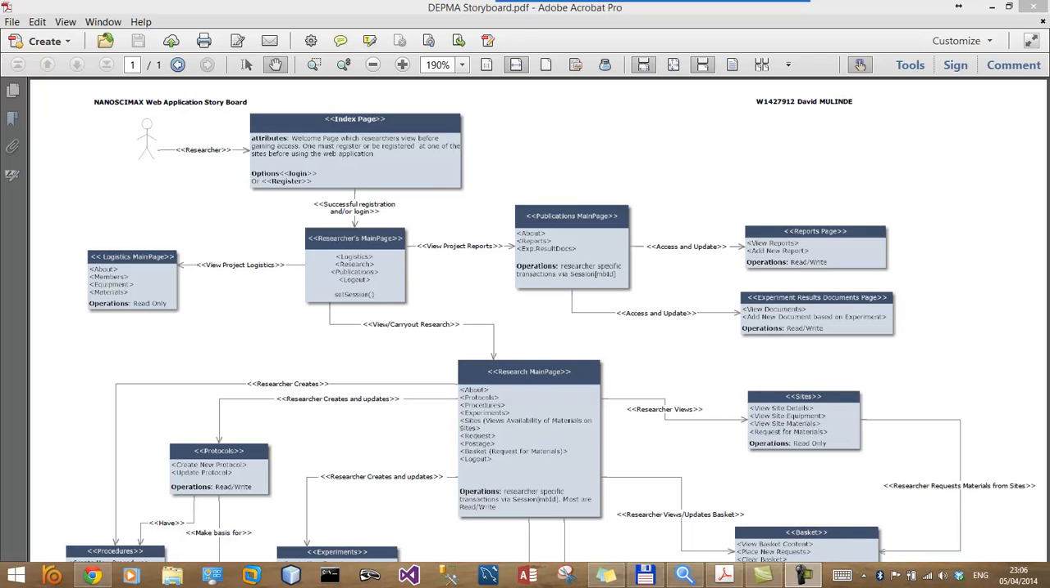DEPMA is a distributed experimental protocol management application. It's a project by the European Commission. Nanoscimax is a European scientific research project in the field of nanomedicine, and they seek to use the DEPMA application to manage the distributed experimental protocols they run. When a member of the consortium decides to conduct experiments, their first job is to create an